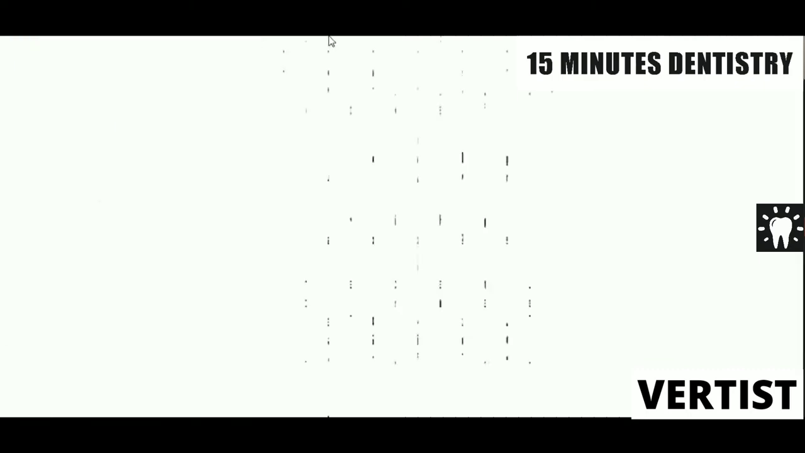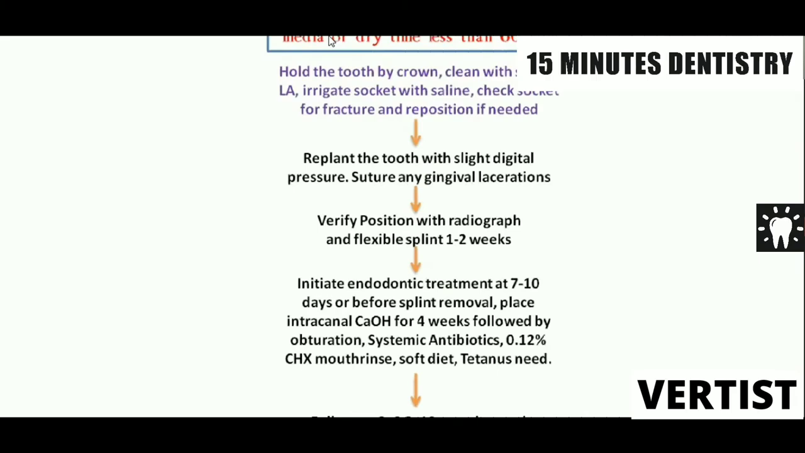Now the second scenario would be where we find out that the extraoral dry time was less than 60 minutes, or the tooth was kept in a storage media, and the patient, the parent have got the child as well as the tooth into the dental clinic. What you have to do is hold the tooth by the crown, avoid handling the root, clean it with saline, administer local anesthesia to the child,